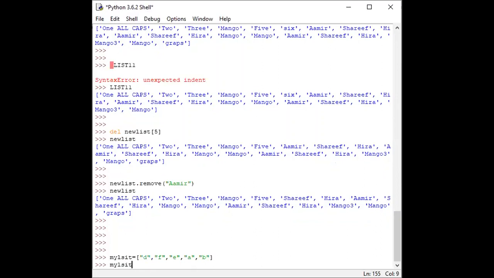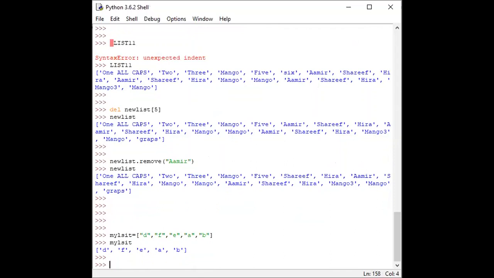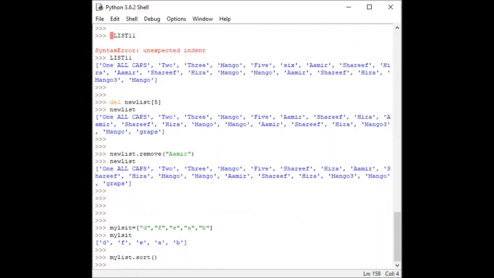Okay, if I call my list, these are the elements of the list. So we can sort it. How can we sort? By my list dot sort and empty brackets.